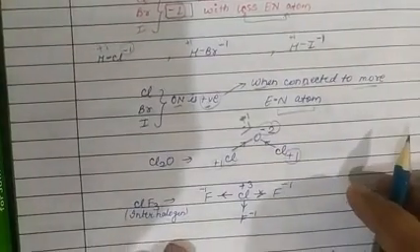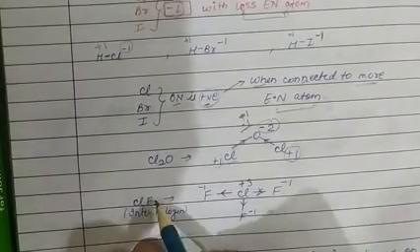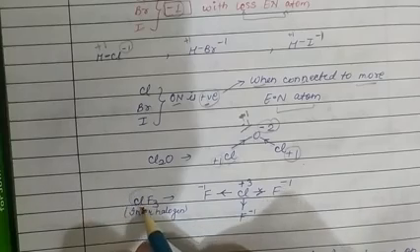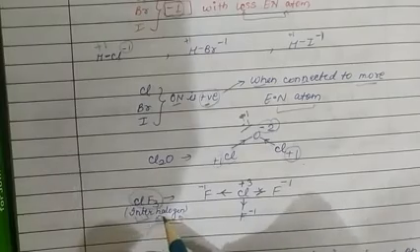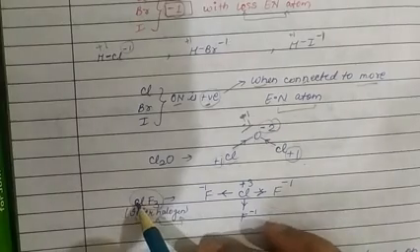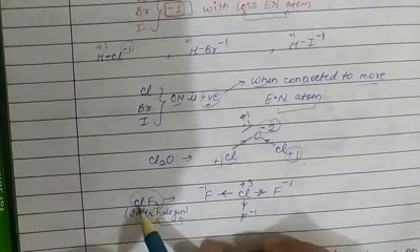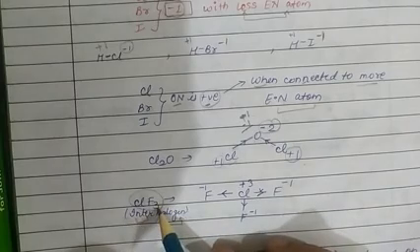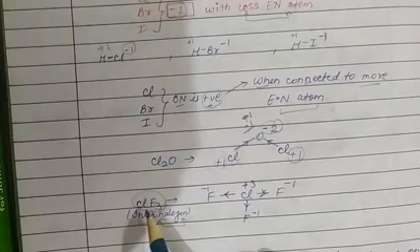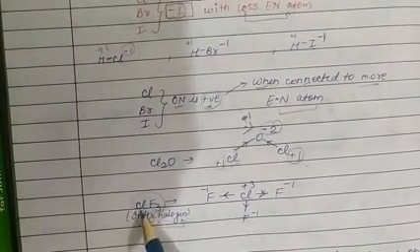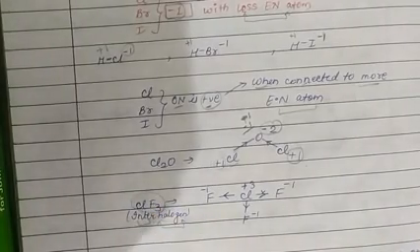See the next case. The next case is ClF3. ClF3 is basically a category of interhalogen compound. What is an interhalogen compound? Interhalogen compounds are basically those compounds which form when two different halogens are combined. In the case of ClF3, two different halogens are present, Cl and F. So these can form an interhalogen compound. Therefore ClF3 is an interhalogen compound.